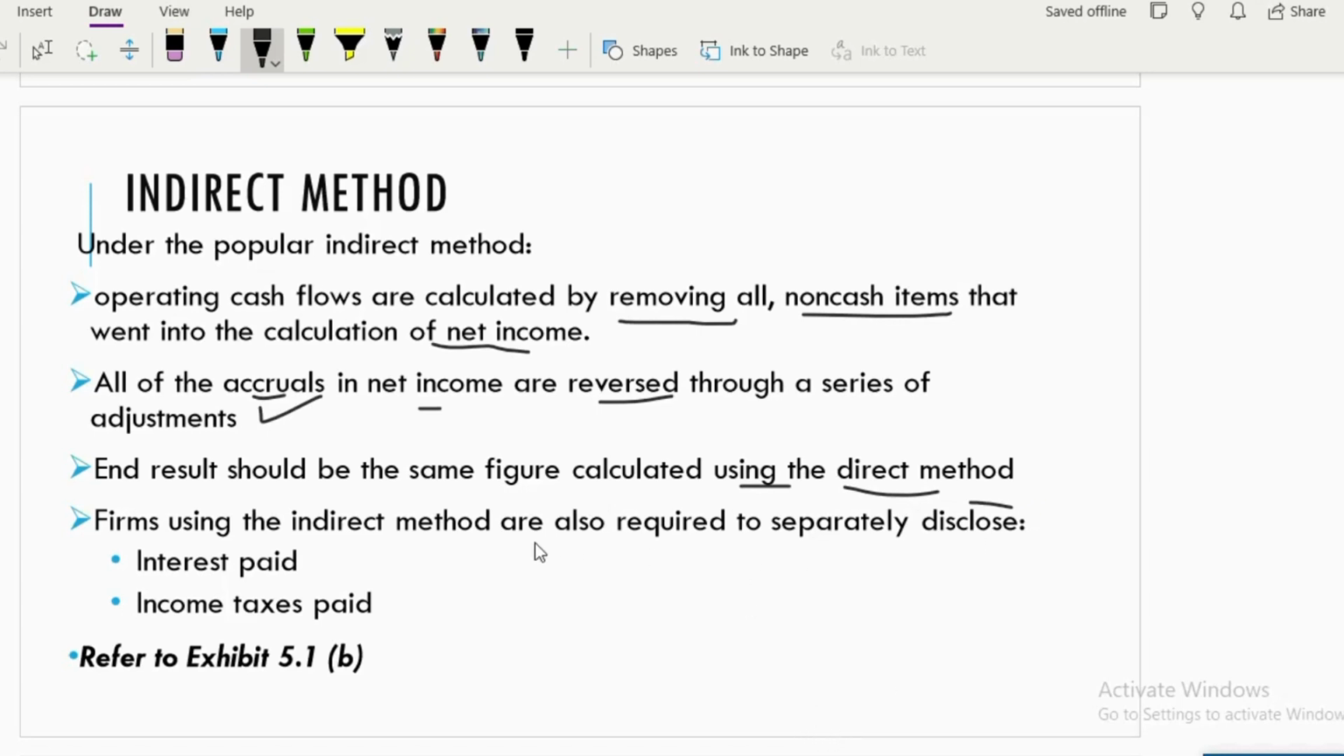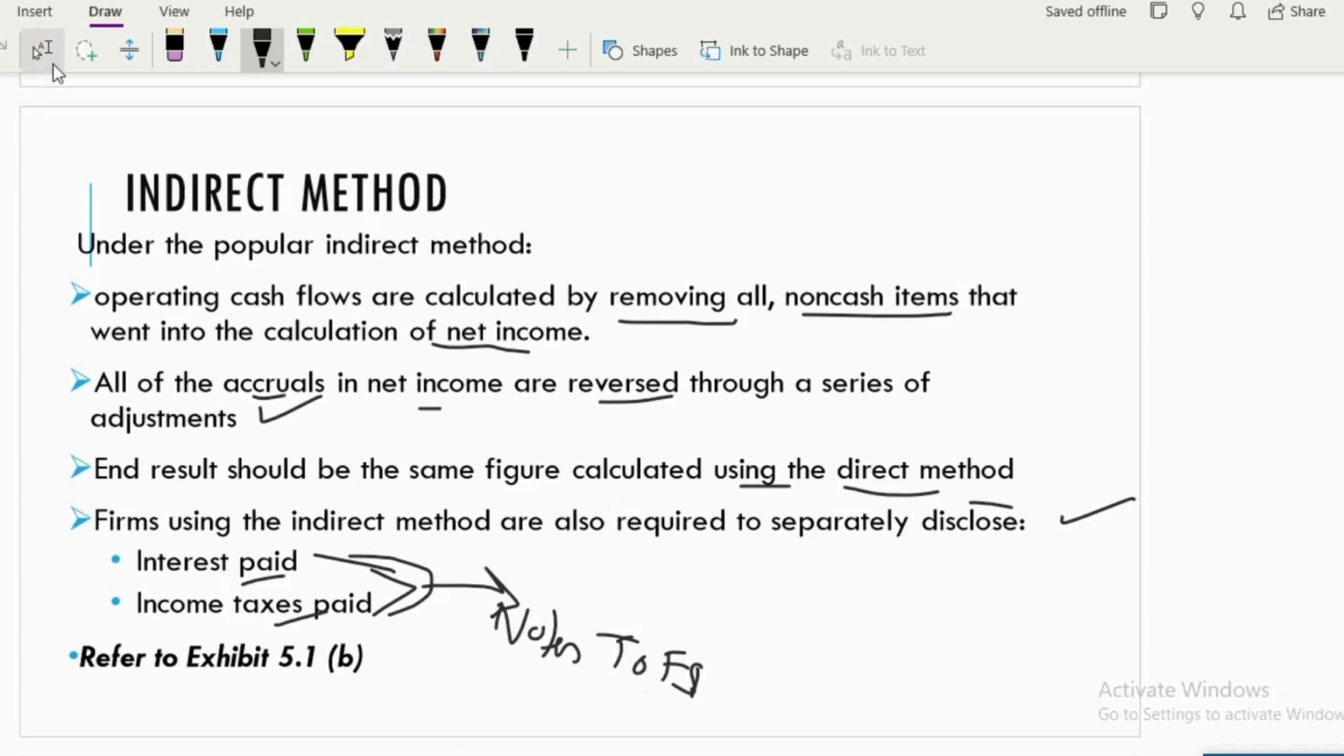So firms using the indirect method are also required to separately disclose, sometimes, the interest paid and income tax paid. How do they do that? They mention it at the end of the statement. Usually nowadays, companies prepare the cash flow statement in their annual reports with the indirect method, but at the end of the cash flow statement the direct method calculations will be there, where the interest payments and the tax payments will be clearly mentioned, or they will refer to them in the notes to the financial statements. Okay,